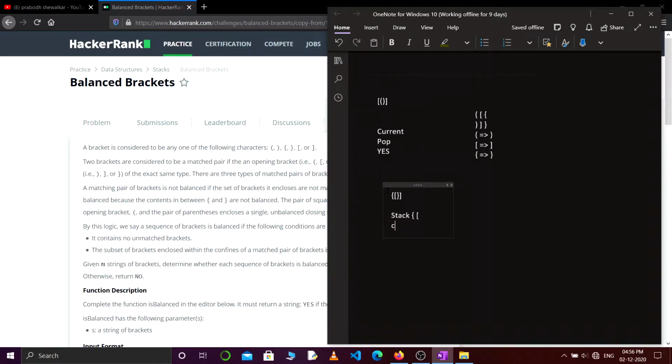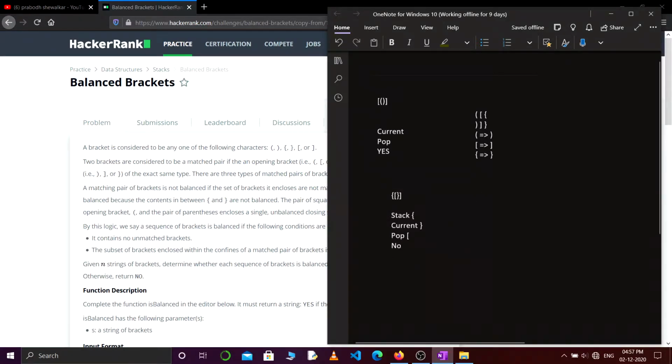Then we get this closing bracket, so we will pop from the stack. Our popped element will be this. Is it corresponding to our current element? No, because this is a square bracket and this is a curly bracket, so it is not corresponding. So we will just return no.